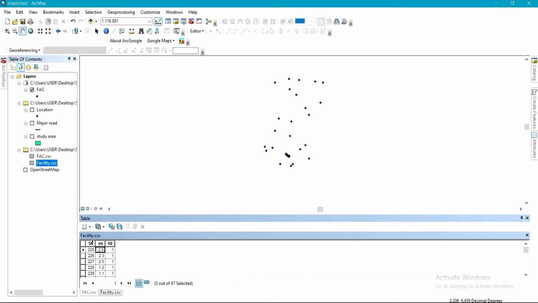We have the serial numbers, which is SN. We have 3 fields inside this table: the SN, the H1, which is the height 1, and H2, height 2. So these serial numbers are the values which correspond to this fact. When you check this serial number, it tallies with what we have under this fact ID. So this ID and the serial number SN is what we are going to use to connect these tables together,